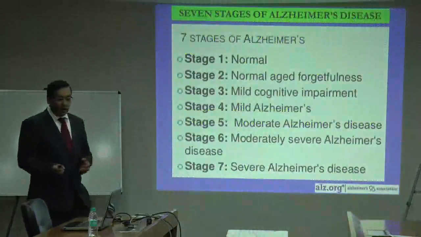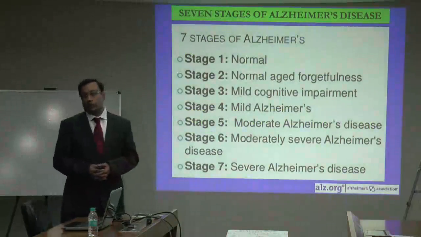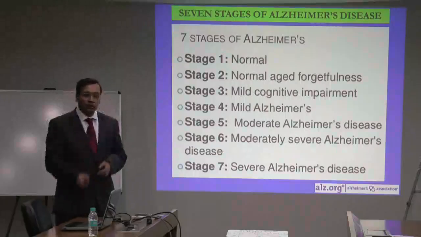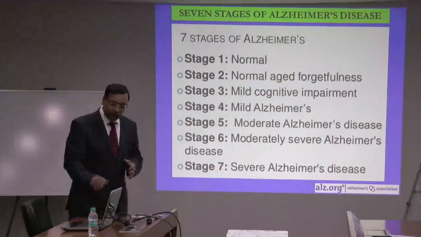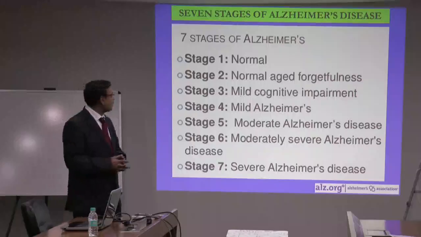Let me start the talk. I hope you all know about Alzheimer's disease and Parkinson's disease. Alzheimer's is loss of memory. So there are different stages of Alzheimer's disease, starting from